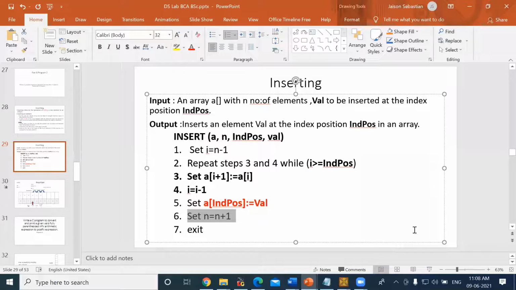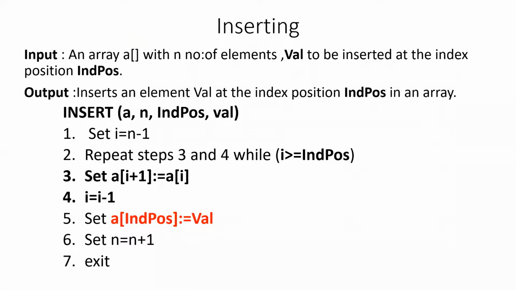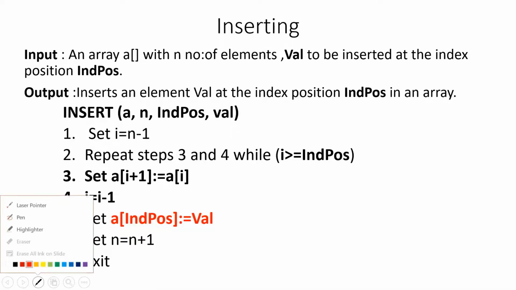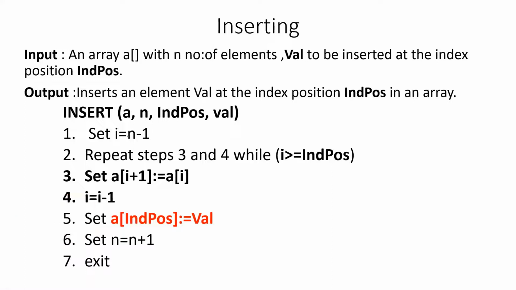Okay. So here, this algorithm you learned, the same thing I'm going to convert into a program. We said in the first step that we will be setting I to be the index number of the last number in the array. Suppose the size of the array is 10 and we are entering only 6 numbers. What will be the index of the last number?